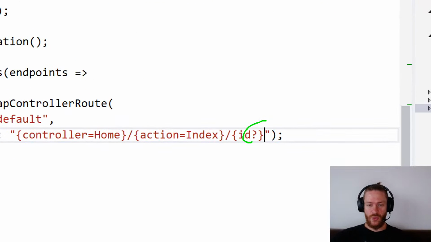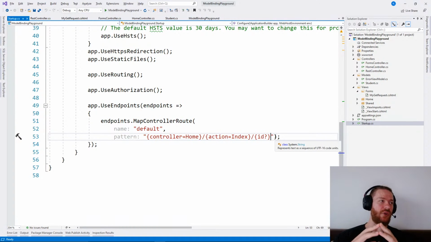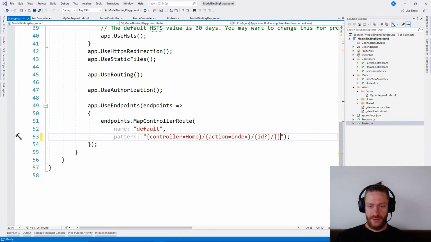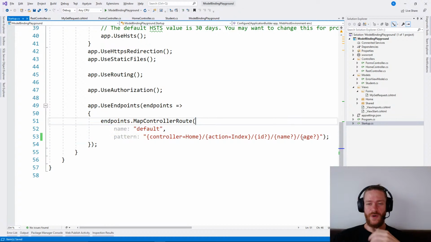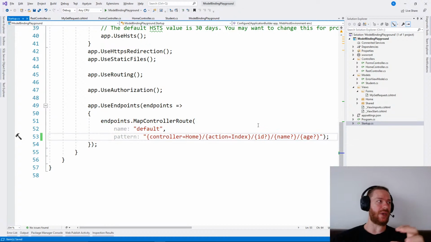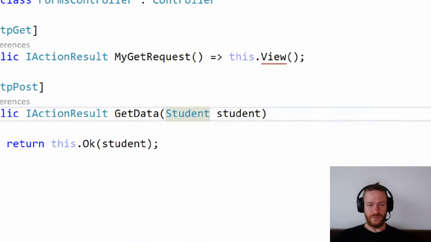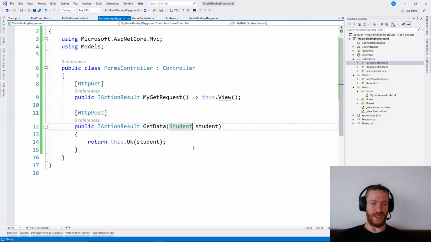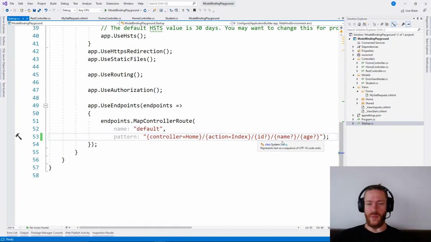So adding a question mark here makes the parameter not required. I can do the following. I can say I want to have a name and I want to have an age, like this. This is not preferable. I'm just showing you here how you can use the route system for model binding, but usually you don't want to bind the student property, like here, from routes. Usually this comes from a form, but sometimes it's useful to bind properties from the route,